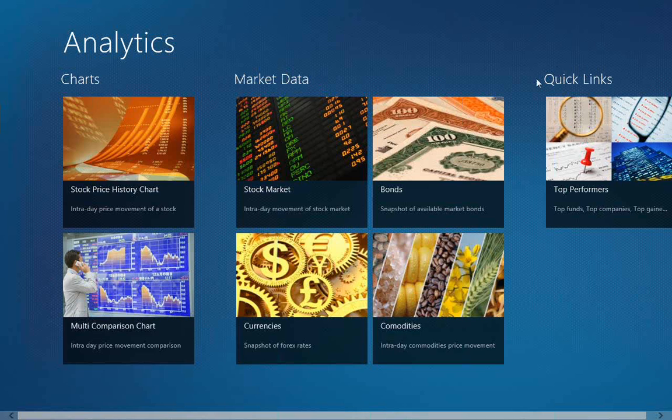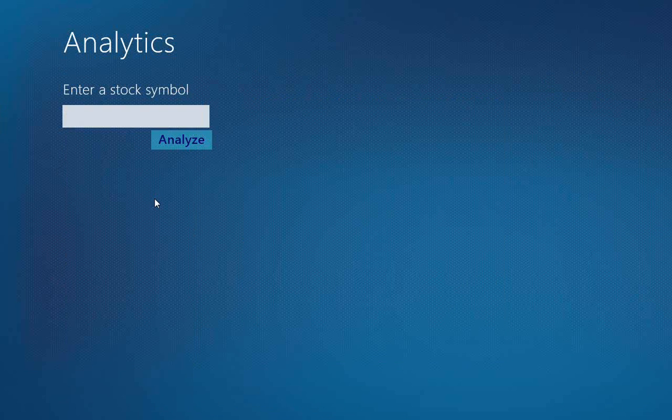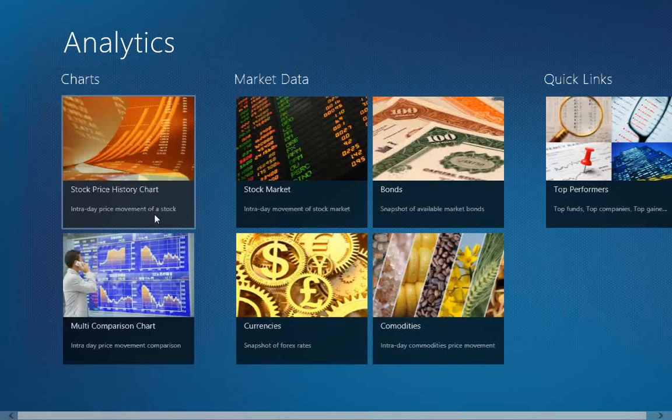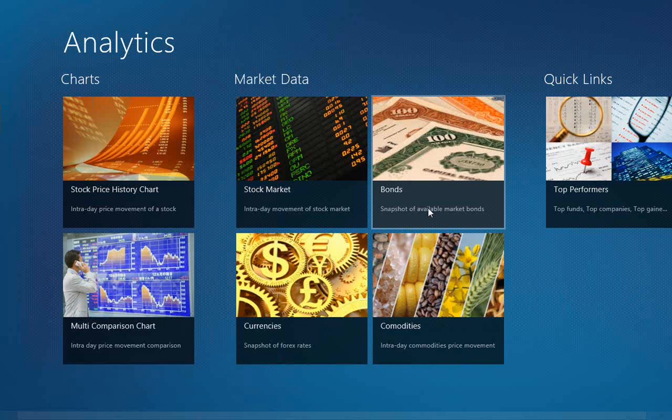So this app has different sections, or in modern UI parlance, these sections are called hubs. These hubs are at a higher level, and you could click on any of these hubs to go into further details. So this kind of navigation pattern is known as the hub navigation pattern in modern UI, wherein on the main screen you have summed up information, and you could click on various aspects on the main screen or on the hub to explore more details. So that's one navigation pattern.